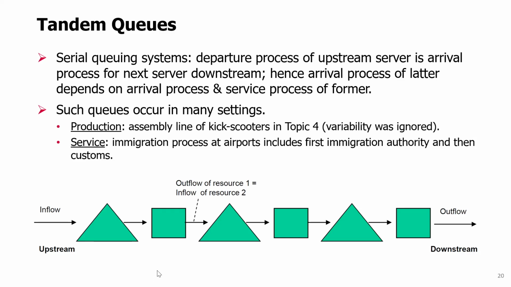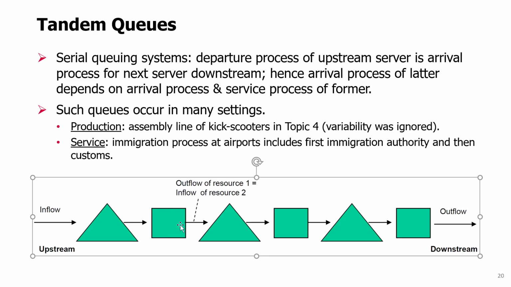downstream. So in this picture, you see this server, there's a waiting line in front of it, and the output of this server moves to the next server, and there might be a waiting line in front of that second server, right? So, for example, the inflow to this server might have inter-arrivals that are exponentially distributed, or there might be